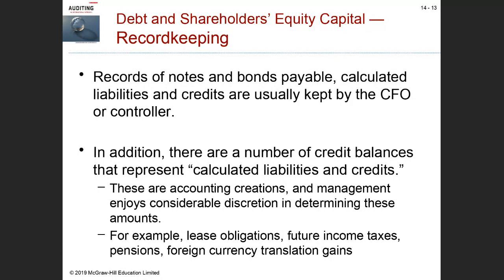Future income taxes, right? How much are we actually going to have to pay in the future? So we know that, what will the future tax rates be, for example? Pension accounting, right? How much money do we have to set aside going forward in the future years in order to satisfy all the pension liabilities that we have created? Well, to some degree, that is determined by how much we will earn on the money that's been invested, right? So things like this can create difficulty in measuring the pension liability.